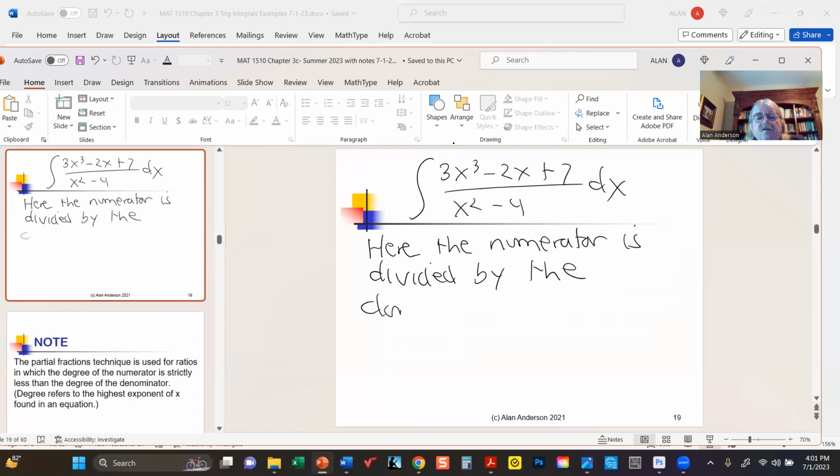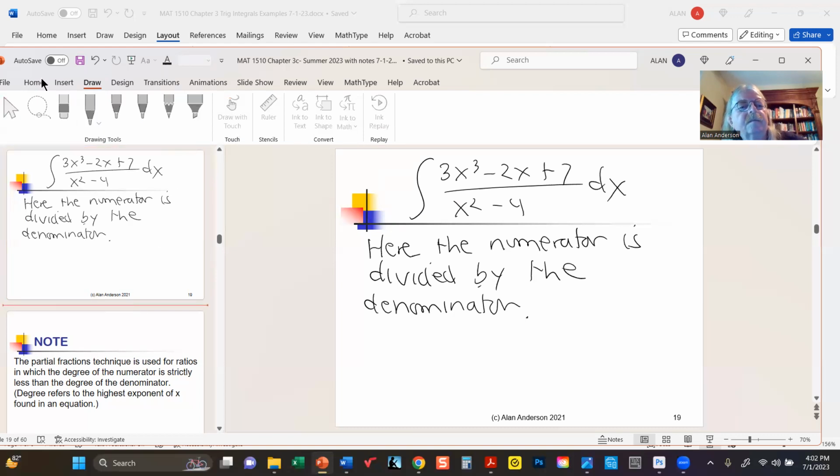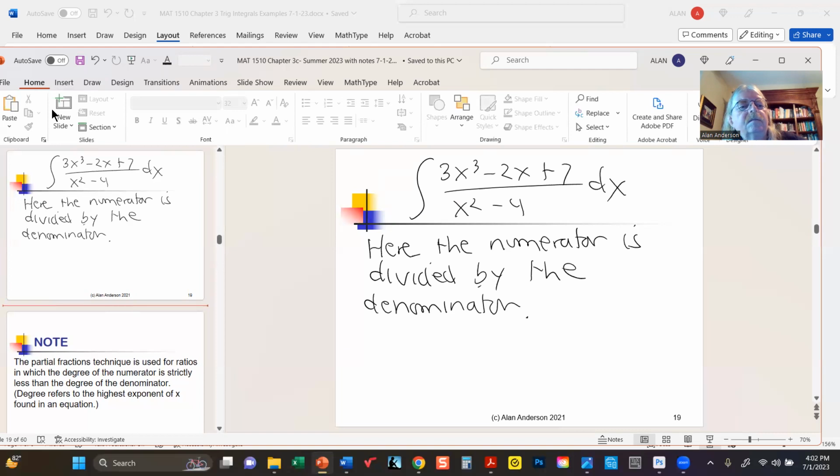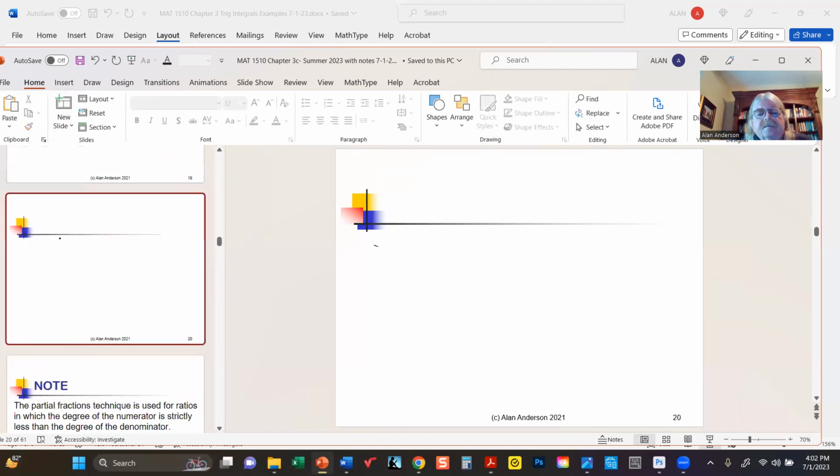And that's because the numerator's degree is higher. So now, by the way, I just want to remind you how this is done. What you can actually do